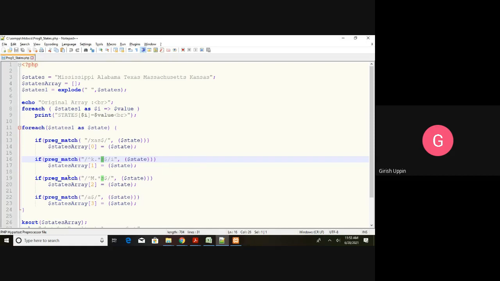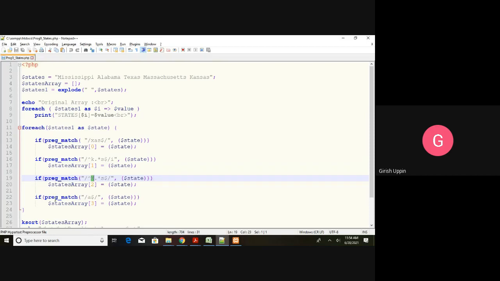Then next it will go to the next preg_match. This is the pattern: caret M means begins with M. After that, any characters, 0 or many occurrences, ending with S dollar. So Mississippi, yes, it begins with M. After that, any number of characters, but it ends with I, and I want it to end with S, so it doesn't go here.